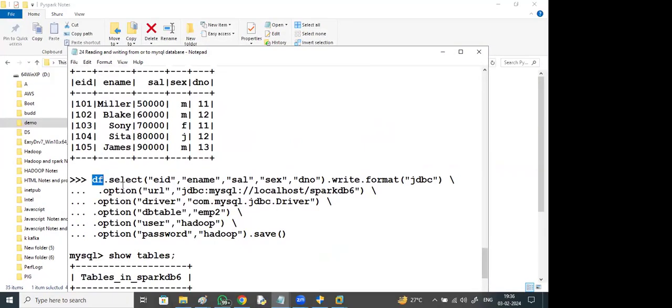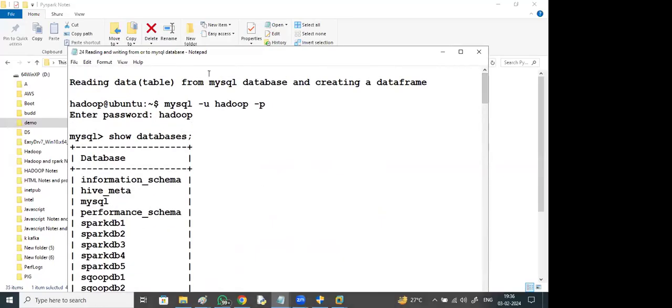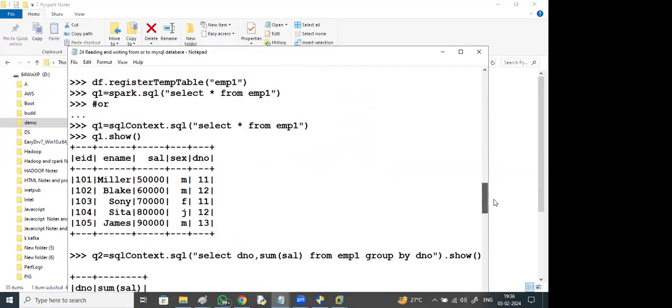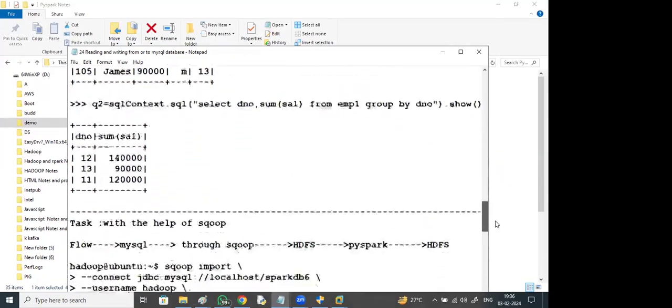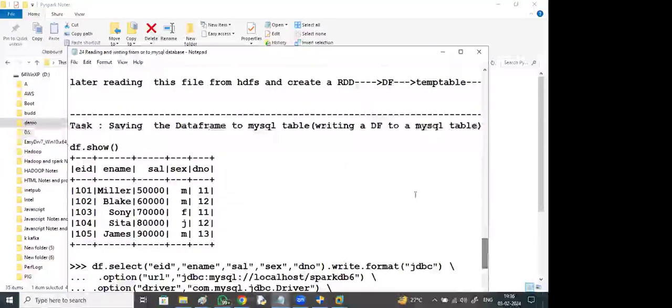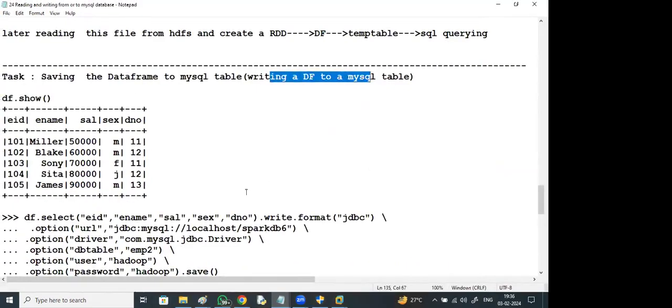So if you want to read data from a MySQL database and create a data frame, and also if you want to write, saving the data frame to a MySQL table, writing a data frame to a MySQL table: df dot write, whatever the data frame name, df or df1 or df2.